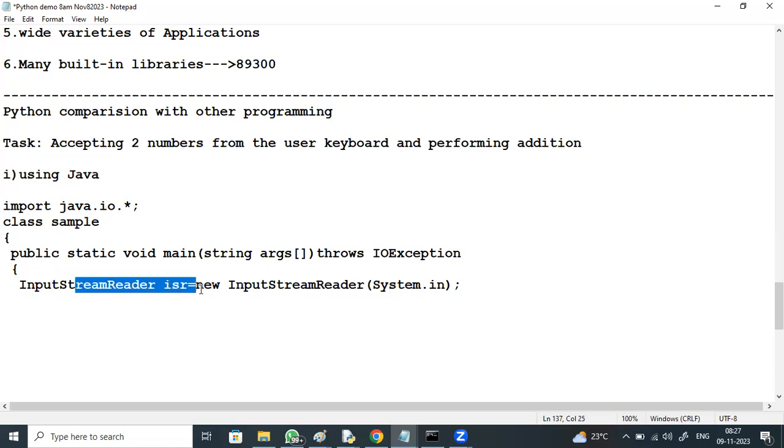InputStreamReader isr equal to new InputStreamReader, right? BufferedReader br equal to new BufferedReader, right?